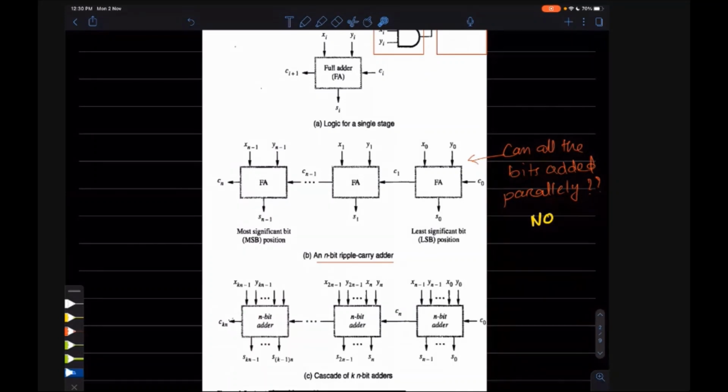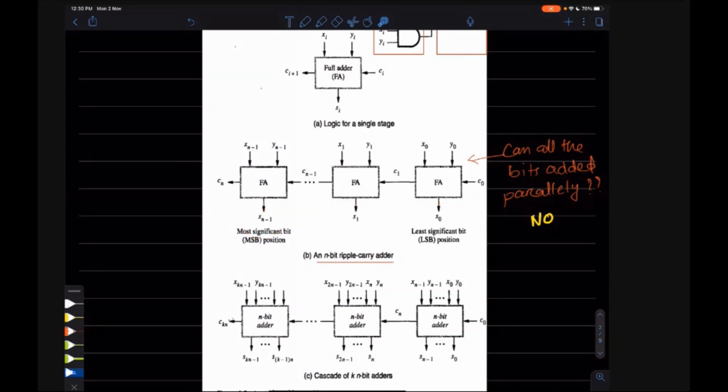Now to get the carry we have to wait for this sum to happen. To get this sum to happen you have to get this carry first. So that's why there is a wait or delay between all these full adder circuits. To get the last sum you have to wait for the previous sums to happen.